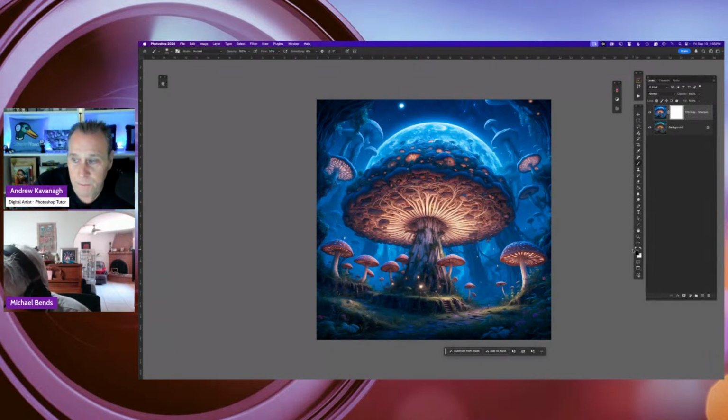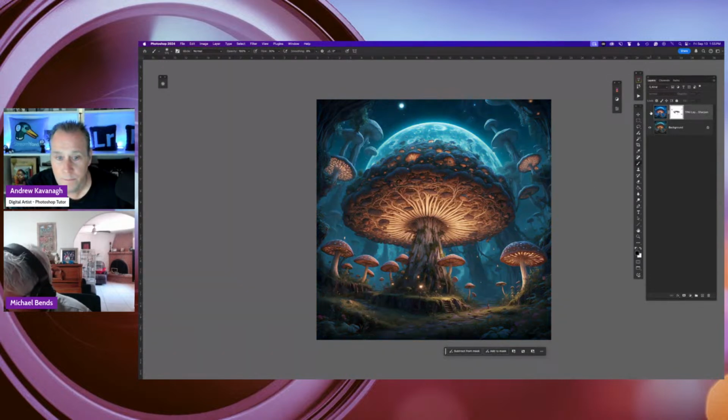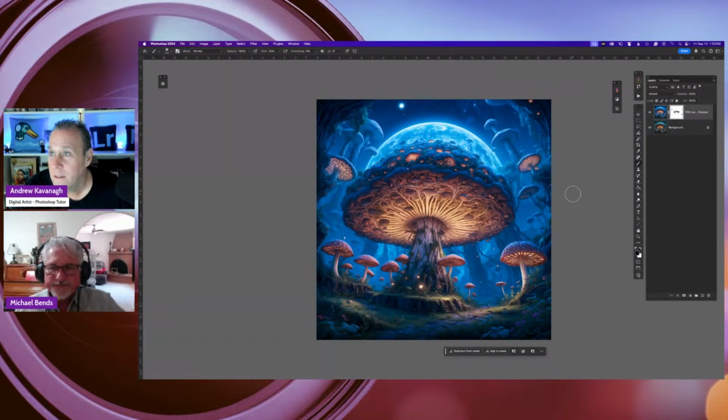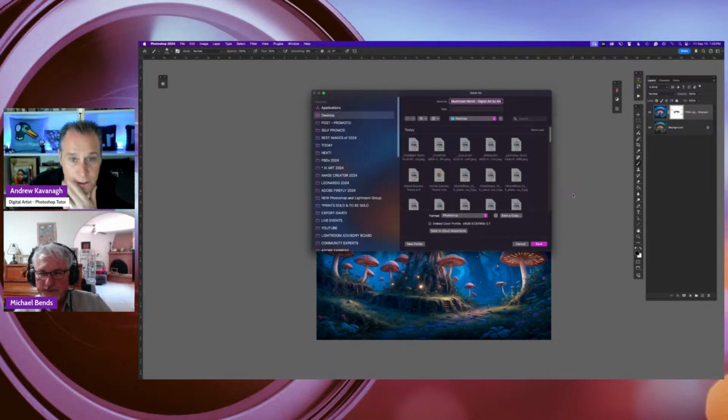And then with black as my foreground color, I can say, you know what, maybe I'll bring back some of that original yellow around the base of the mushroom. And I can bring some of that more intense yellow. And I'll turn it on, turn it off, and see if there's other areas where I might want to bring the original color back. Pretty cool. Very cool. And then I'll just save that.